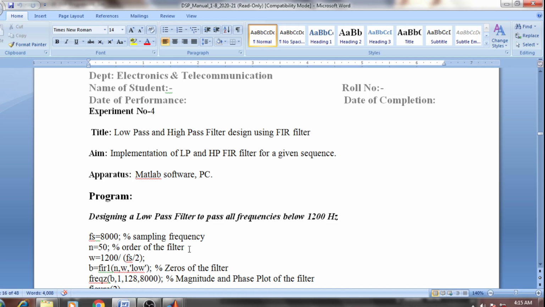Now I hope you do this experiment over your MATLAB. If you have installed the MATLAB software on your computer or laptop, you can take the benefit of executing side by side just by watching this video. Those who do not have the MATLAB software can contact me, or if your friend has MATLAB, then try to install it on your computer. Okay, so thank you very much.